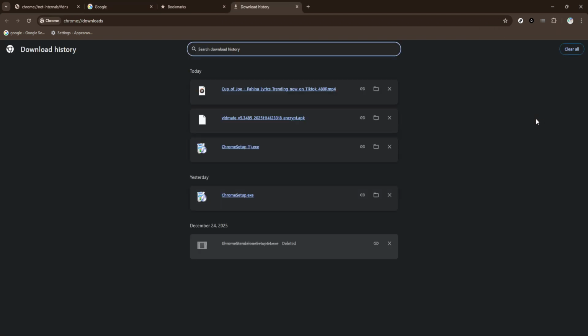That takes you to the Downloads page in a new tab where Chrome shows everything you've downloaded through the browser. You'll see file names, the dates you downloaded them, and quick links that open their locations on your computer. If a file was removed or moved, Chrome may show it as missing, which is normal and not a problem